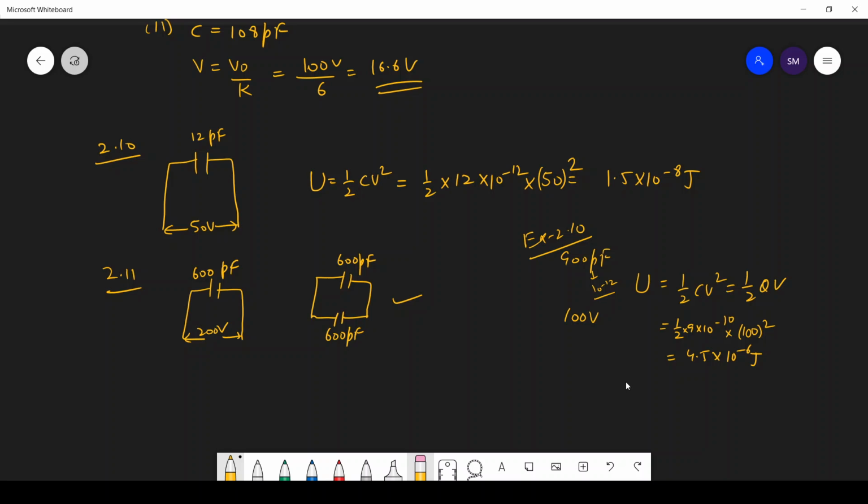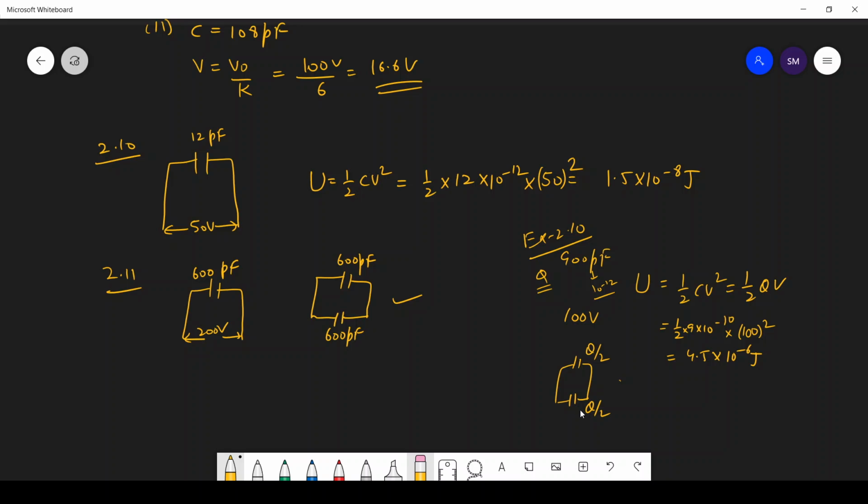And now the same case, another one: this 100 volt source was removed and the capacitor was combined with another capacitor of the same capacity, and then we find the total energy of the system. So in this case Q was divided. So here the charge was Q, and now the charge is Q/2 and Q/2,